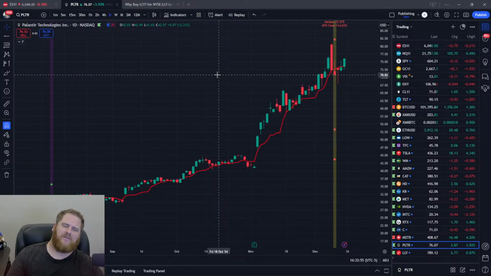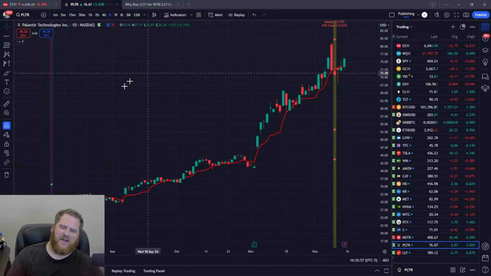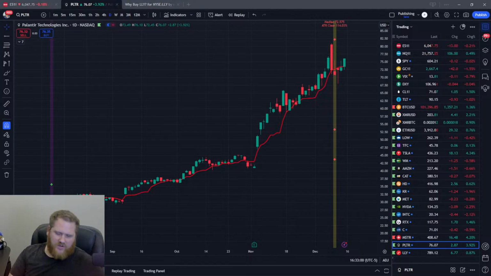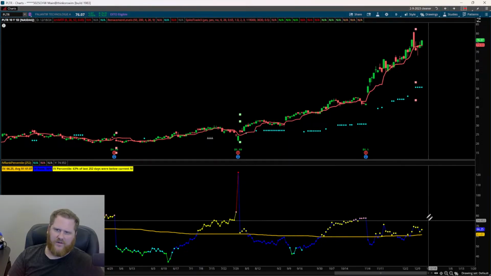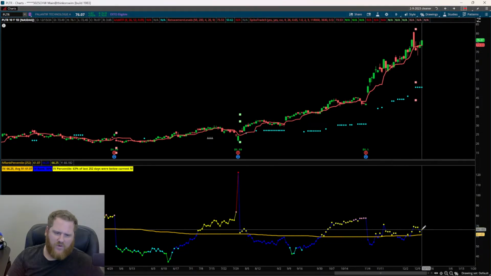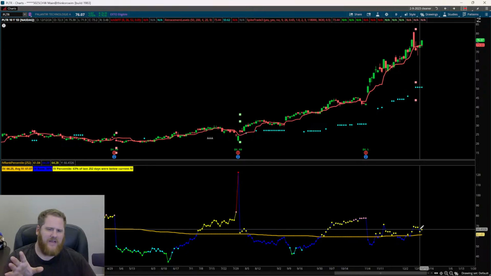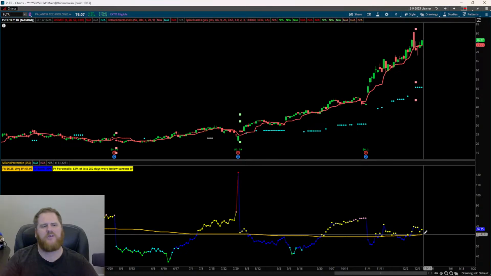Although, given that I have some multiples of 100 shares, I might want to start trading some options. One second, let's see what the IV is on this. I always want to buy single options when IV is low. And this is the indicator down here for IV. It shows IV relative to the last 252 days, basically the last year of trading days, and it's about average. So that's actually pretty good for buying puts.